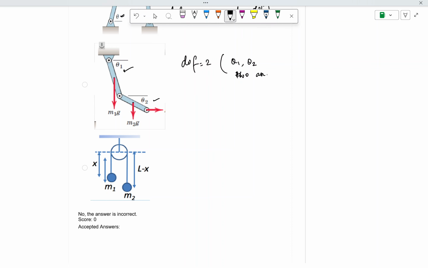There are two angular degree of freedom components. If you play around with this weightage and there is also a pulling force, you can change either theta 1 or theta 2, and they can be changed independently of each other. It is not the case that if you change theta 2 it will affect theta 1, because there is this junction point over here. You can pull it down, so theta 2 will decrease or increase, but theta 1 will remain unchanged, and similarly the other way around. So here the degree of freedom is 2. Our correct answer is option number C, which has 2 degrees of freedom.